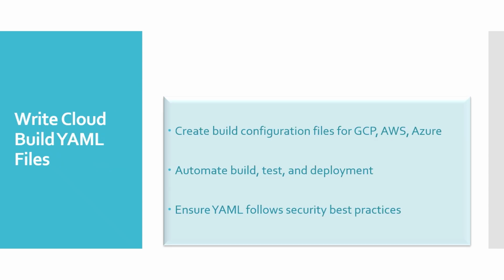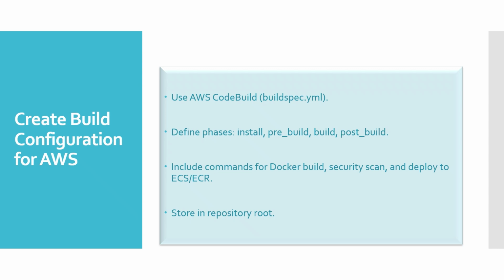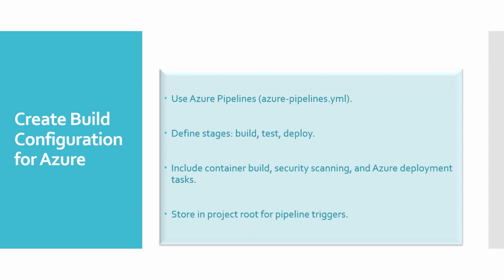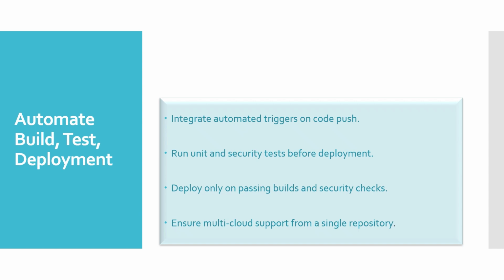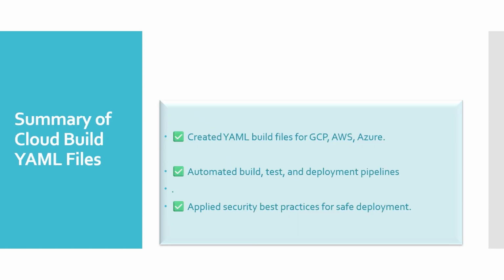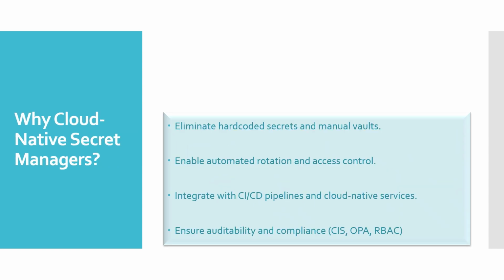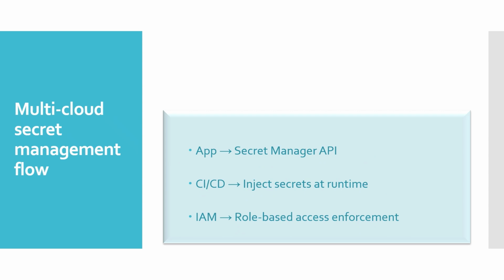Furthermore, I've written Cloud Build YAML files for GCP, AWS, and Azure, and included security scans at every stage of deployment by integrating automated triggers on code push, and ensured security best practices in the YAML files, and added validations and logs. Maintained security tokens within GitHub for all the cloud-native secret managers, such as Secret Manager API for apps,